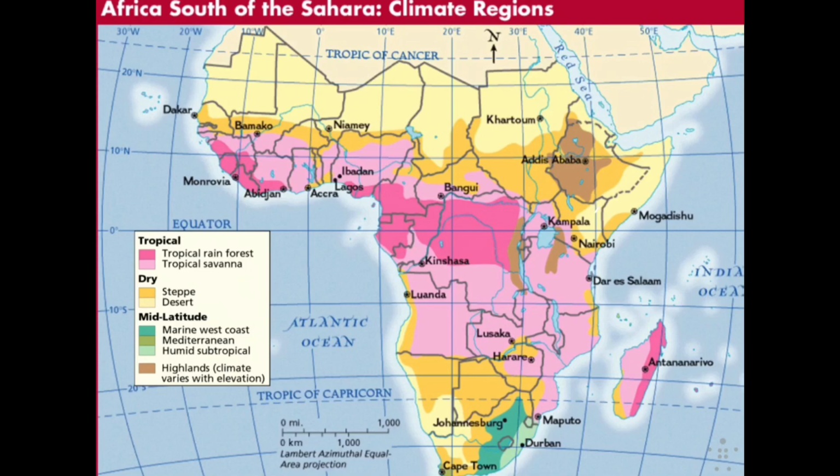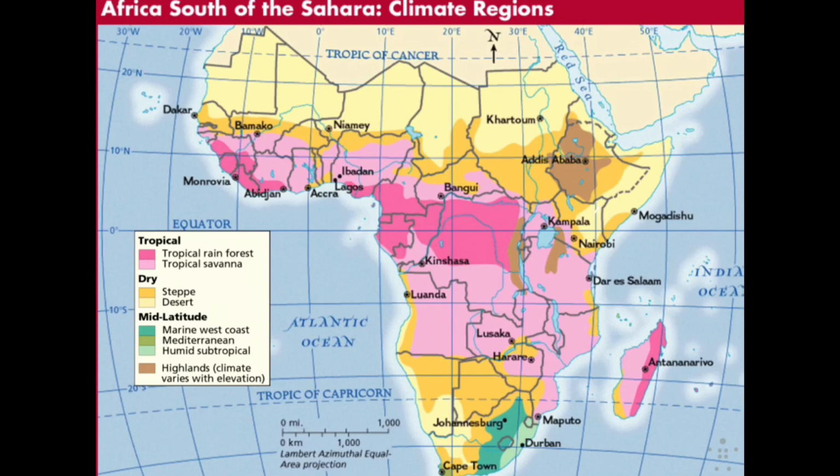Now moving on to a savanna. A savanna is a tropical grassland with scattered trees. The savanna covers almost 50% of this continent. This is your light pink on this map. That's where your tropical savanna is, or your savanna. Rainfall here is seasonal. There's dueling winds that affect the savanna climate of Western Africa. You also have hot, dry air streams that come in from the Sahara on a northeast trade wind known as the Harmattan. Again, wind patterns and latitude is going to be what affects the climate the most.